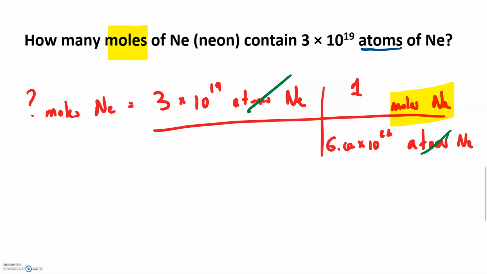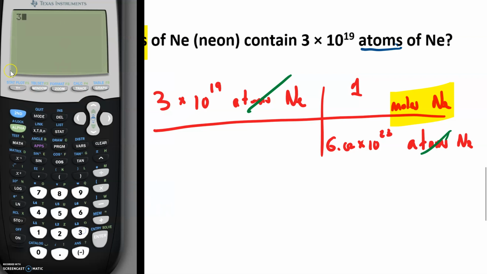Let's bust out our calculator. We're going to say 3 times 10 to the 19th. We're going to multiply this by 1, even though it's not necessary. And then we're going to divide it by 6.02 times 10 to the 23rd. Now, before I hit a button on my calculator, it's a good idea to try to predict what we think our answer is going to be, because that's not a mole's worth. That's quite a bit less. In fact, it's about 10,000 times less than a mole's worth. So I'm going to predict my answer is going to be somewhere in the neighborhood of